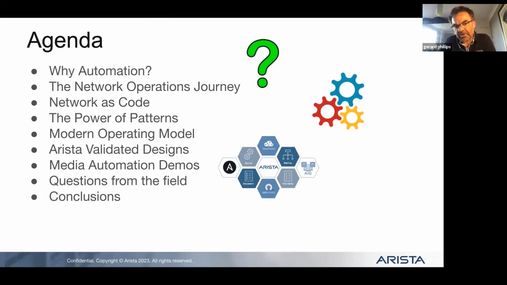And they're based primarily on Arista validated designs, which is a set of very capable add-ons to open source automation tools that you can use yourselves, which enable you to benefit from the experience and understanding of complex networks that we at Arista have built up over many years. We've managed to capture all of that in a set of high-level tools that you can deploy for yourselves. So Niels will run us through some demos. In fact, the majority of this webinar will be the demos, and then we'll finish off with some questions from the field.